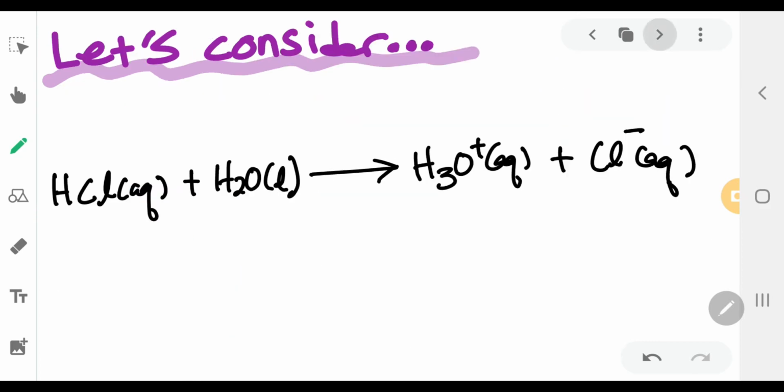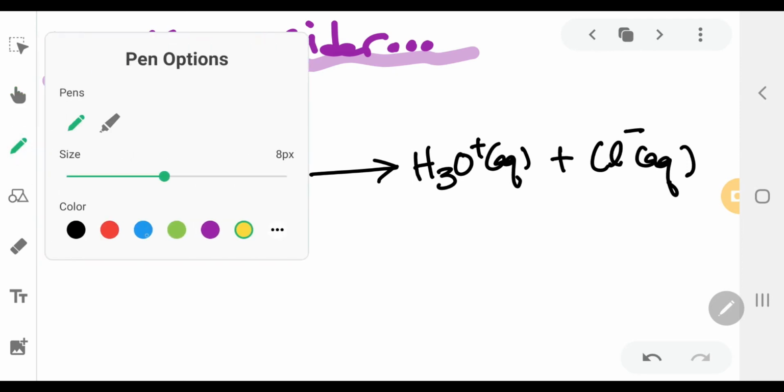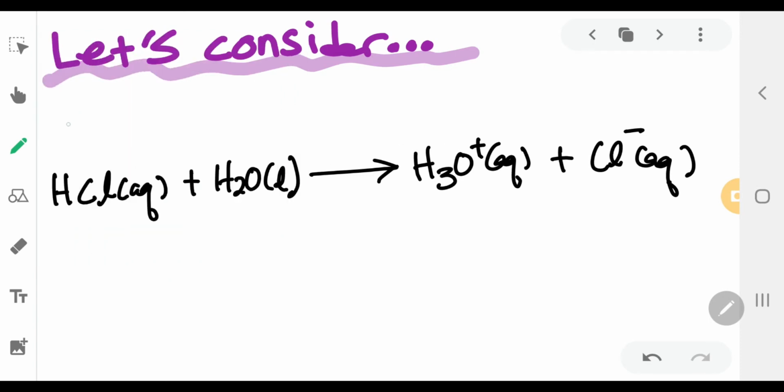Let's have a look at one example over here. We know that HCl is your acid, and this one will be your Bronsted-Lowry acid. It will be able to donate this H proton to your base, water, and this water molecule will act as the Bronsted-Lowry base. It will accept the proton from there. So when this one is your acid, this is your